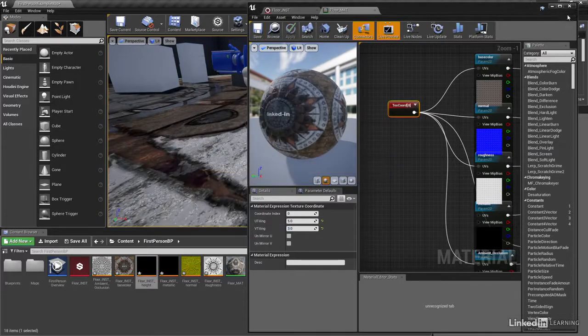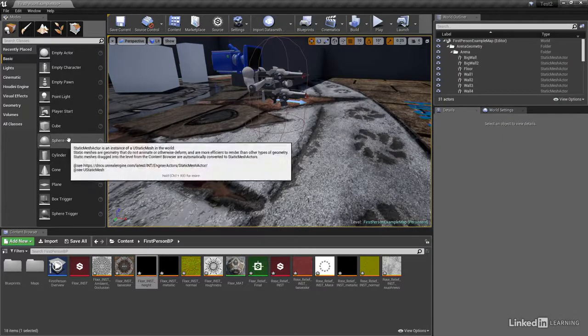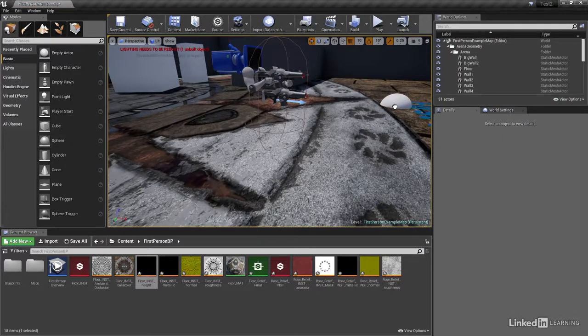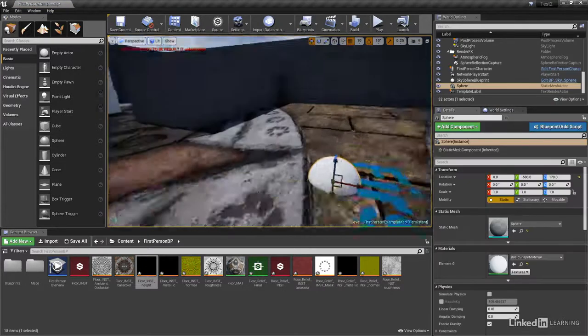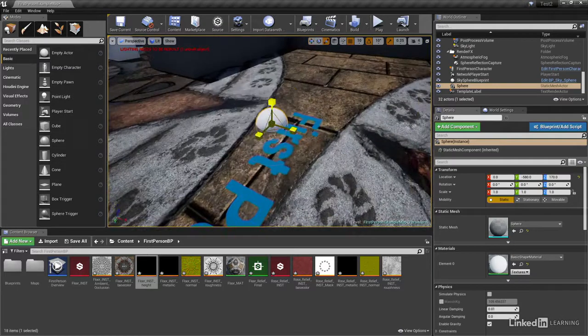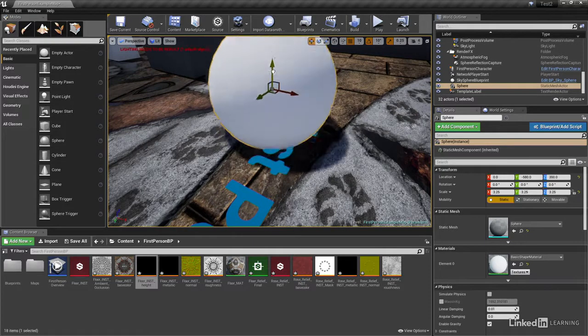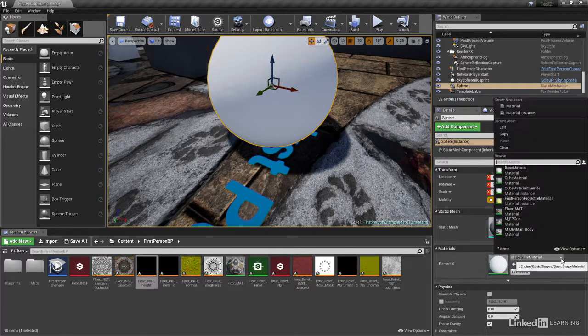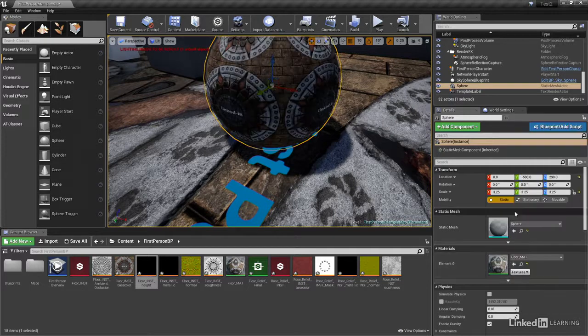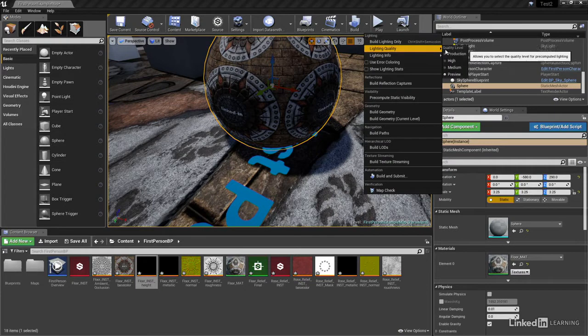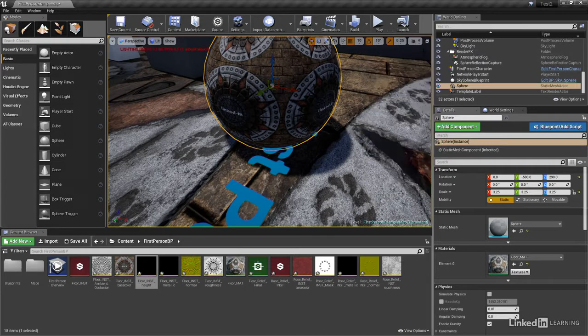If we close the editor now and add a sphere to the level, we can scale it up using the R key to engage the scale tool, and then move it into place by pressing the W key to engage the move tool. After which, we can set its material to be the flow material that our substance created. If we just make sure our lighting is set to production build quality, rebuild our lighting,